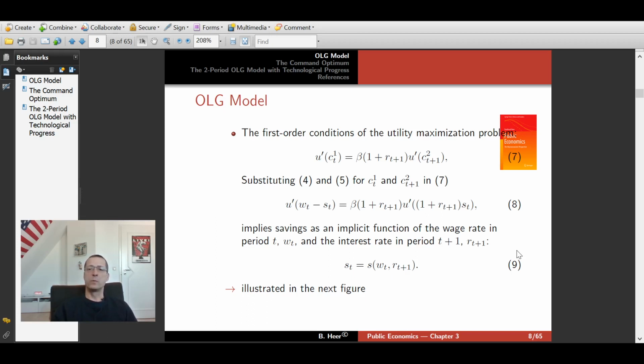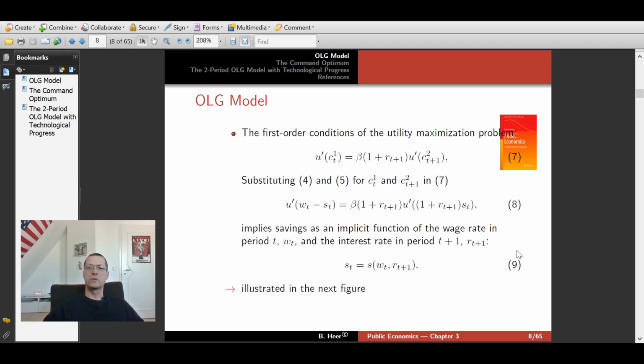And of course, in equilibrium, you must be indifferent with regard to the use of this extra unit of savings. Otherwise, you would increase utility. For example, if marginal utility of consumption C1 is larger than the right-hand side of equation 7, well, you reduce your savings and increase your utility. And otherwise, if U prime is smaller than the right-hand side, you increase savings, and this would result in an increase in lifetime income. So this is your first order condition with respect to savings, and you can substitute